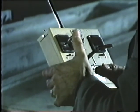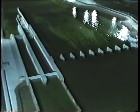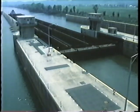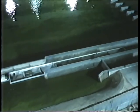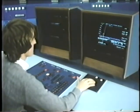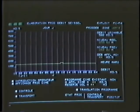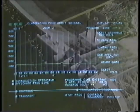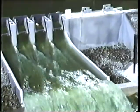For the Greenup project, a comprehensive model of the locks and dams adjacent to the power plant was built to address concerns that the plant operations might affect the very critical flow conditions at the lock approaches, where huge barge tows navigate with only inches to spare. The model proved to the satisfaction of the U.S. Army Corps of Engineers that there would be no adverse effect. Sogrea's computer modeling capabilities are as sophisticated as its physical modeling. It can even perform the complex calculations necessary to simulate such hydraulic phenomena as sediment transport, current velocities and patterns,